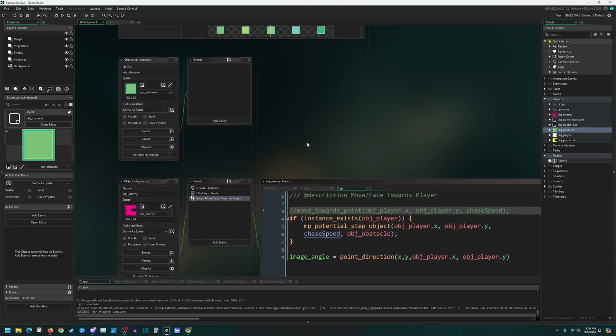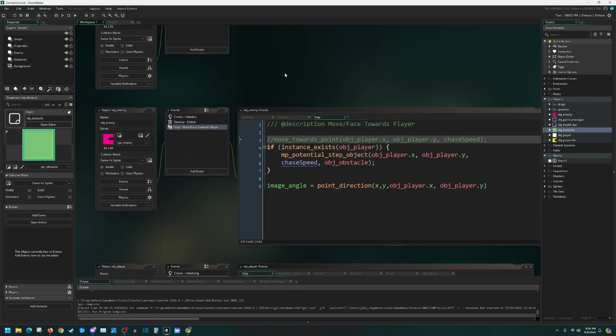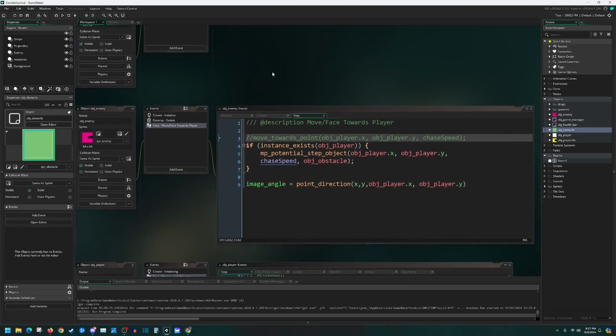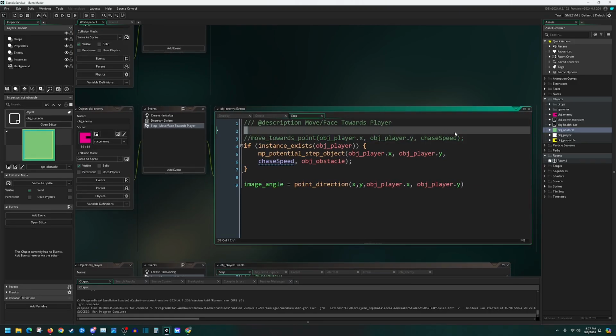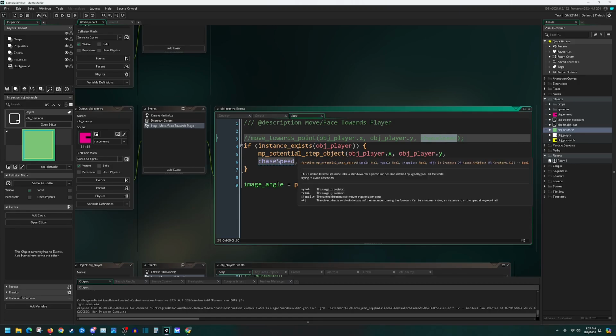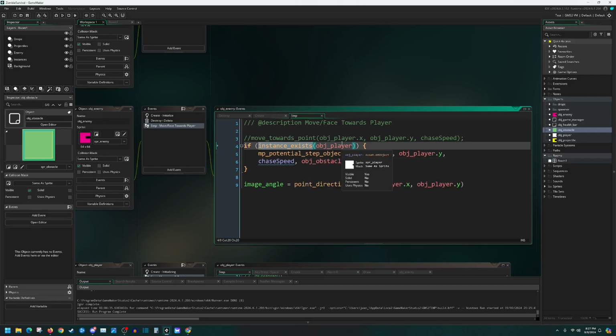And then to actually have the enemy interact with the obstacle in the way that we want, the enemy has to move around the obstacle. They cannot go through it. I've commented out the old code. You can remove it in the case that you don't want it anymore. Originally, the code simply tells the enemy to move towards our player at the chase speed. What we're going to replace that with is a check if the player exists,